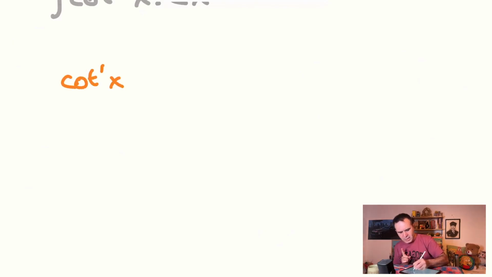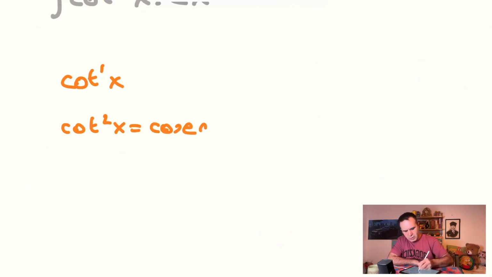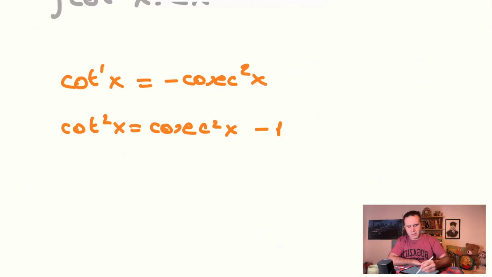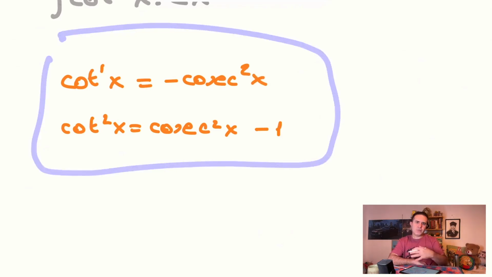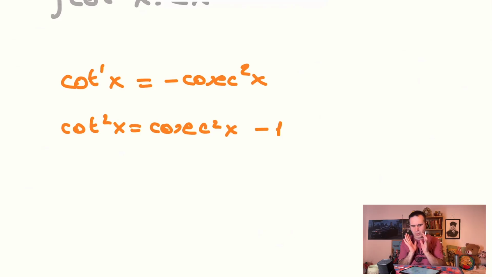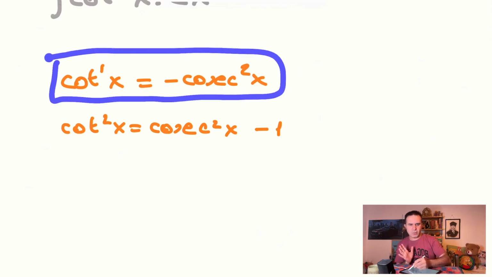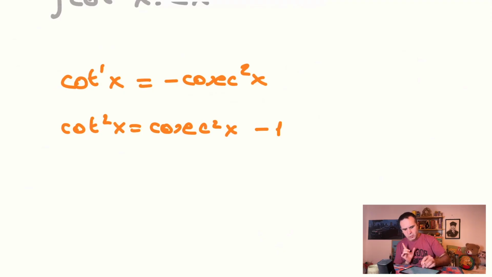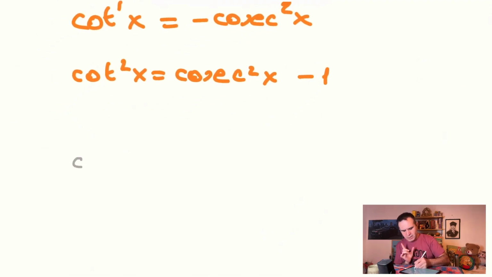In order to solve this integral, you should firstly know the derivative of cotangent x, and also you should know that cotangent square of x is equal to cosecant square of x minus 1. And the derivative of cotangent x is equal to minus cosecant square of x. You may not remember these two equations, but if you do not remember them, in order to remember this derivative of cotangent x, you should write it as cotangent x as cosine x over sine x